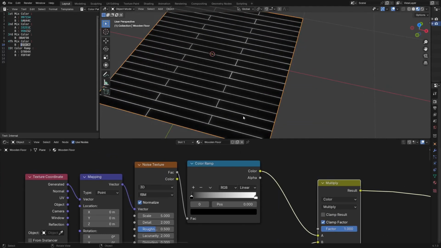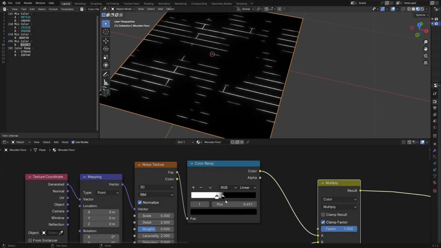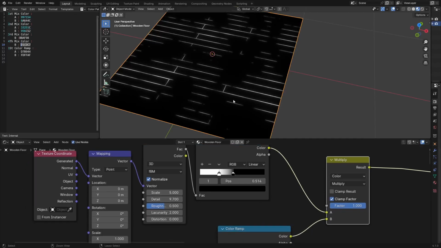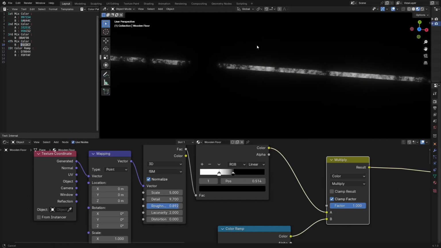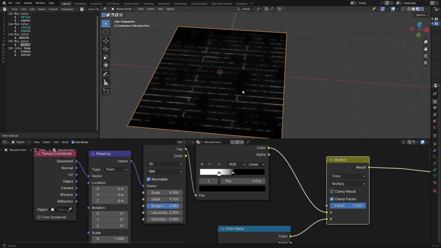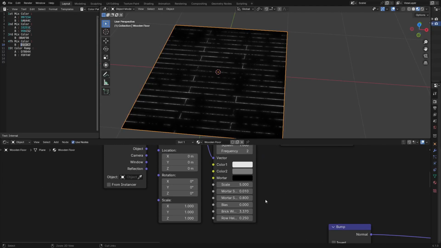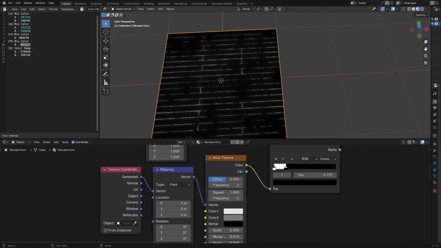Okay, we have nothing, so we need to play with these sliders here, maybe flip them. As you can see, we have something going on. Okay, now we can play with the details, so we can add some stuff going on here. Okay, add some roughness, and it should be working like so. Okay, we don't need to play with anything more, and I can go back to the brick texture again, and